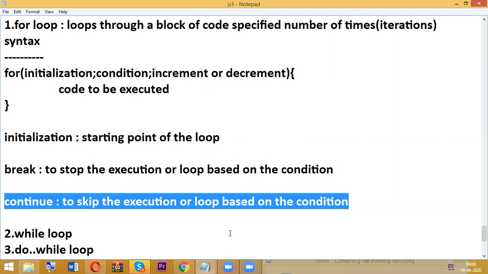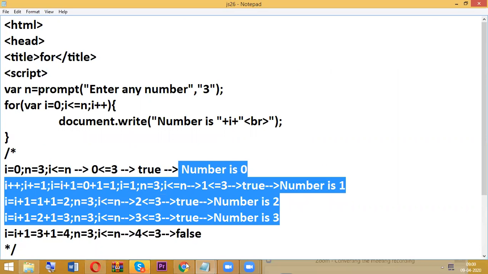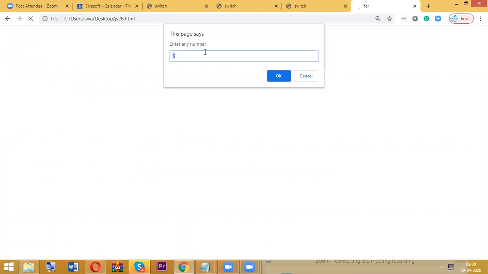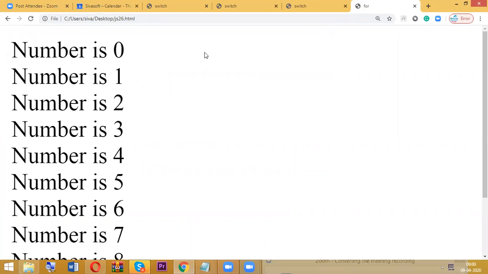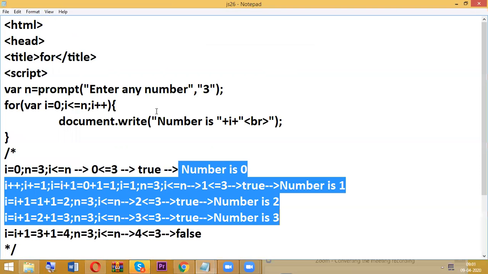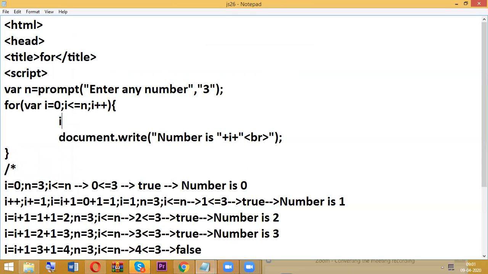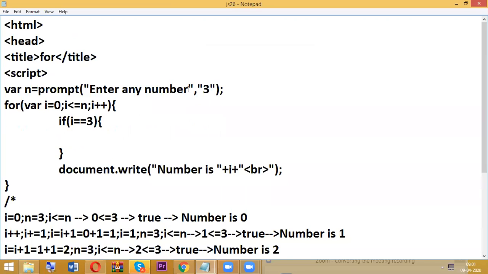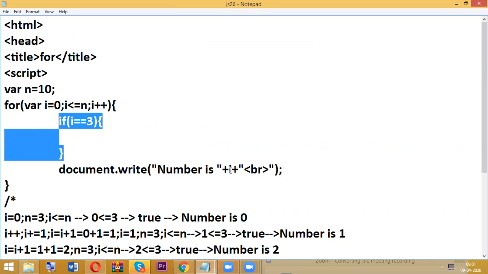That means, see here. So assume that we are going to give 10. So 10 means we know that it starts with 0, ends with 10. So now inside I am writing a condition. What is my condition? Whenever the i value is 3. So believe that here n is 10, a static value I am giving, whatever it may be. So now whenever the i value becomes 3, I don't want to continue the loop.